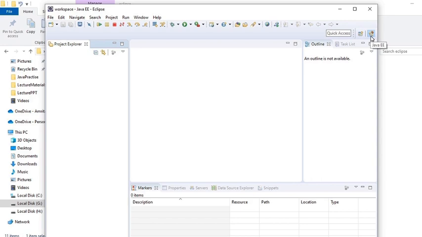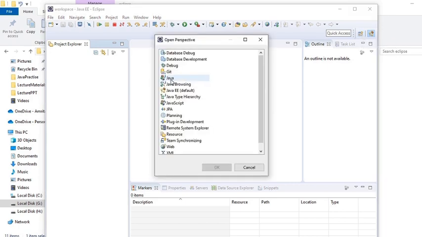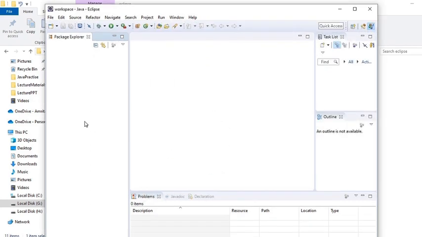What we have by default is the Java EE perspective because we have installed Java EE software. But Java is inside Java EE, so we can also see the Java view. We start with basic Java, so click on this Java. Then it will display the Java perspective now.